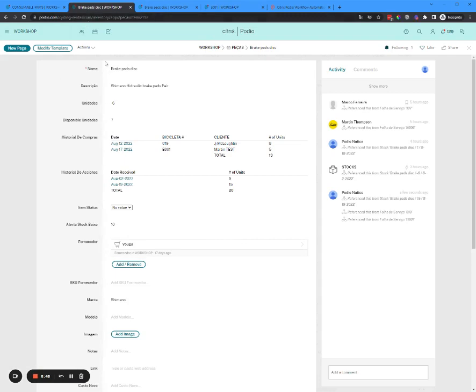And if I look on the parts, I'll see that the available units now is 7, which is correct. So there are 13 used units on this following maintenance item. So 13 minus 20, I have now on my stack, I have now 7 left on hand. Since this item's available units fall to the alert, I should receive a